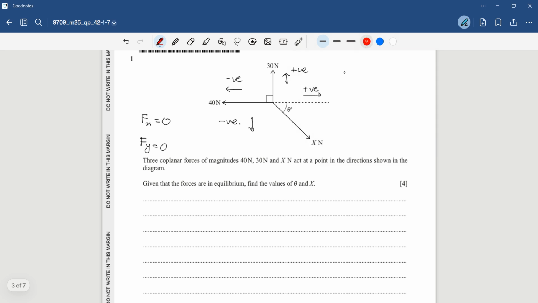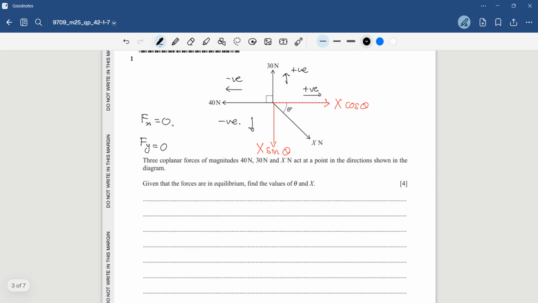But if you notice the x, it is at an angle below the x-axis with the theta. So we resolve this to the x, which will be x cos theta, and we resolve it into y, where it will be x sine theta. Okay. So now the question said it is